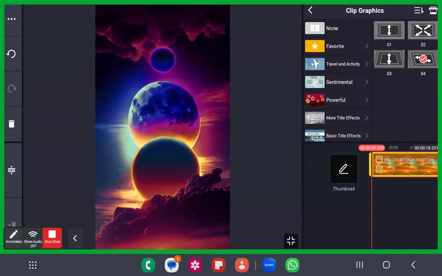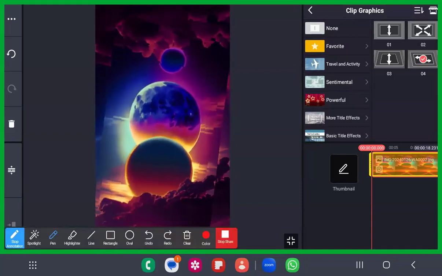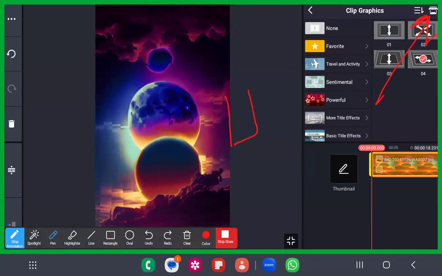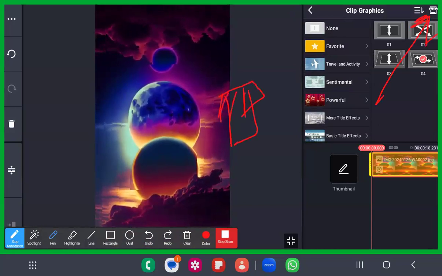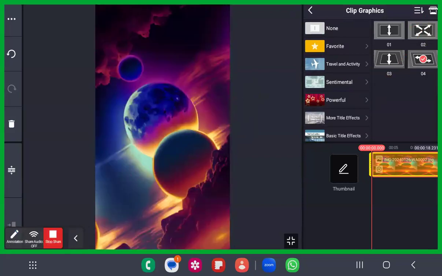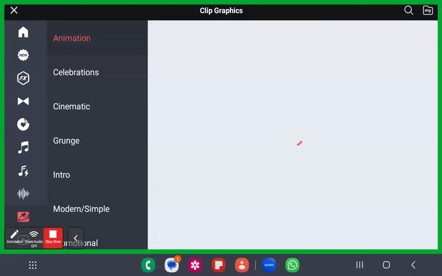For each of the designs there is an asset store. See here, it is like a Play Store button. It is a store button like this. It is kind of a home here. Just go and click on this asset store, dear sisters and brothers. Please do it now. I'm going to explain why this asset store is used, as today we have explained in detail what the asset store is.